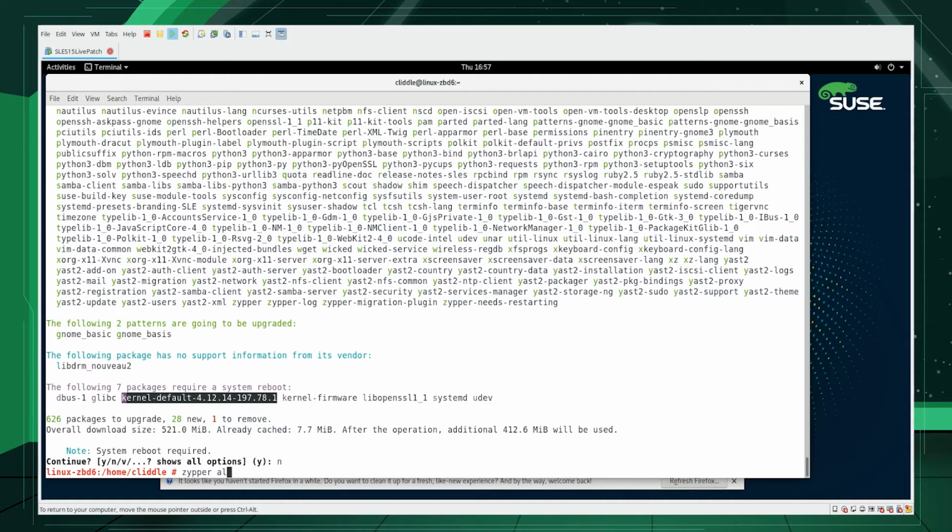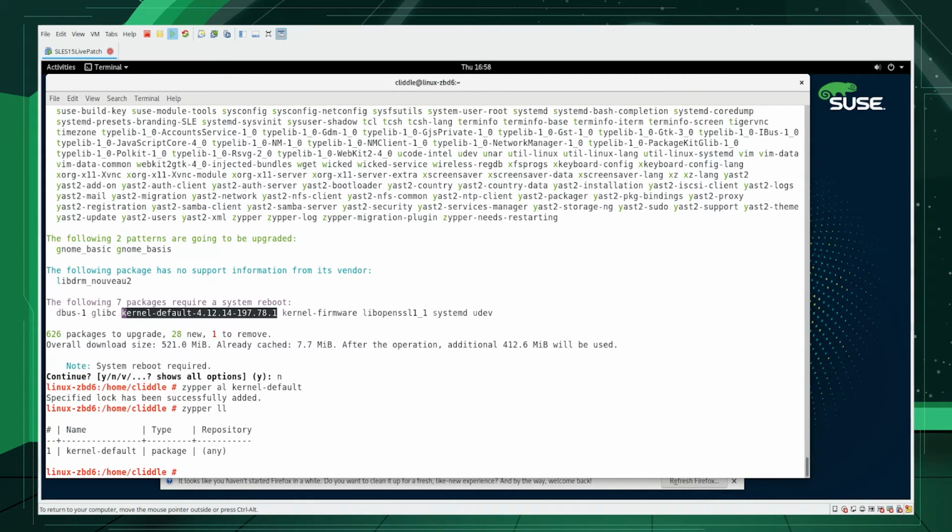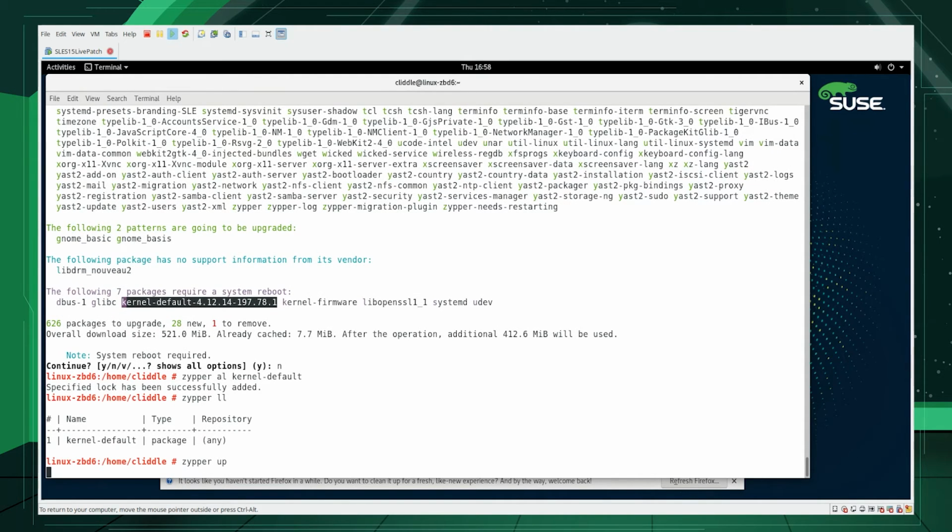So we're going to add lock, and we're going to add lock for the kernel default. Specified lock has been successfully added. So we're going to now do a quick list locks, and we can see kernel default is locked. So now, if we do zypper up one more time,